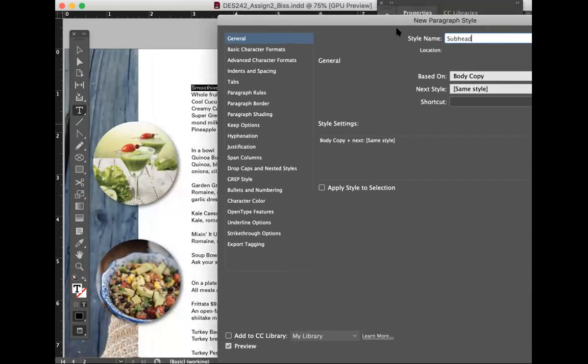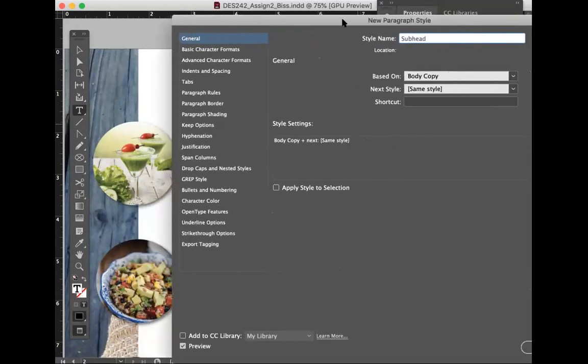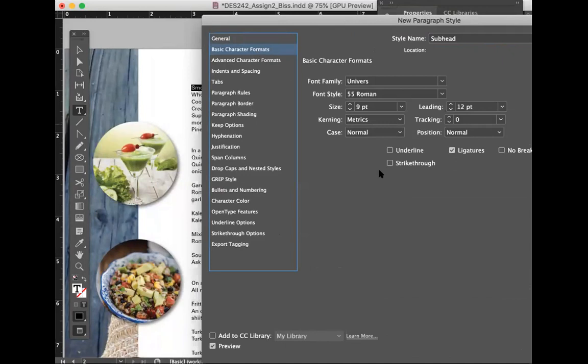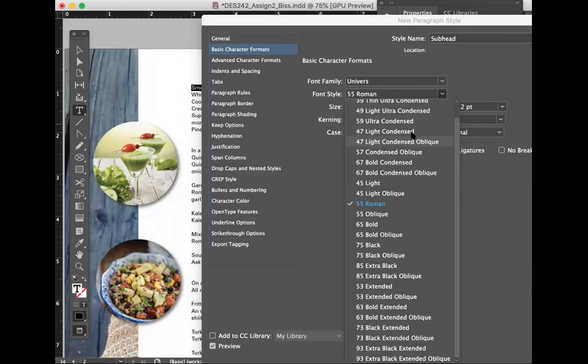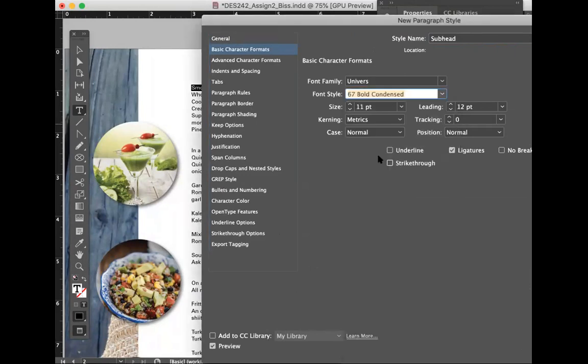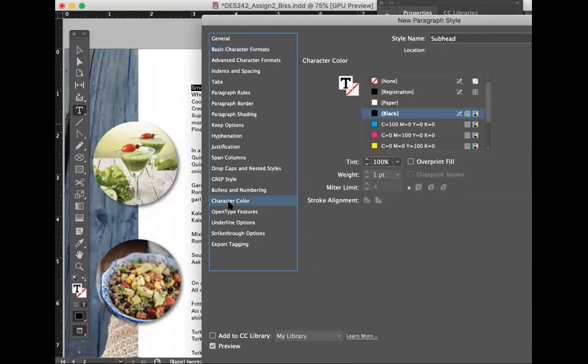We want this to be bold and maybe even a different color to jump out a little bit more. We're going to make it even bigger in size. So instead of 9 point, we're going to do 11 point. We're going to do a bold, maybe a bold condensed. And then a character color. We're going to pick a character color that is consistent with the menu.